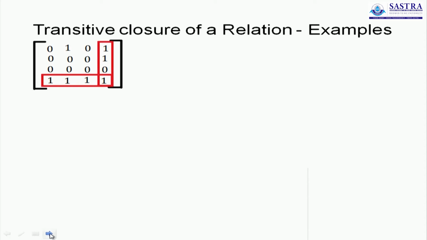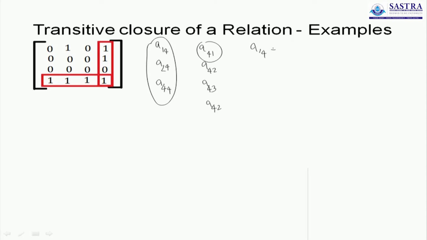Now you have a lot of entries that are 1s. The entire 4th row is a 1. The entire 4th column is a 1 except for one entry. Let's write that down. A14, A24 and A44, all these three are ones. They can be paired up with A41, A42, A43, A44. Now let us compare all the elements here with the first element. A14 and A41 are ones. By the algorithm, this will mean A11 is also a 1.